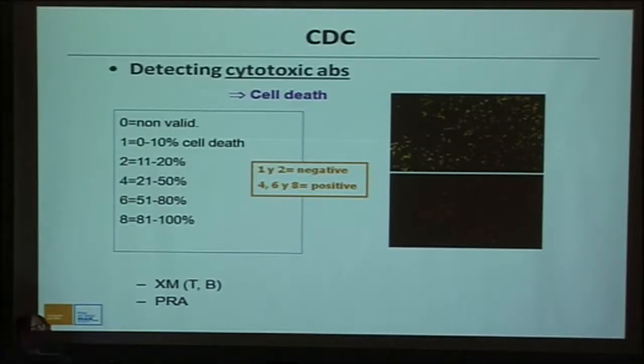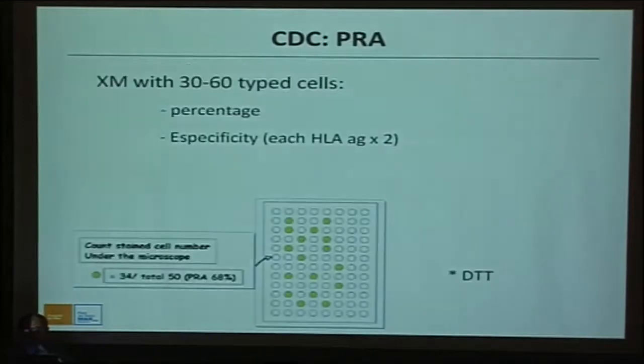So this is why this tool is not a yes or no. It's the evolution of decades after Terasaki's first observations at the end of the 60s, when we agreed what is positive and what is negative. And there are some gray zone parts: if you have a negative CDC cross-match and then a very bad antibody-mediated rejection comes,